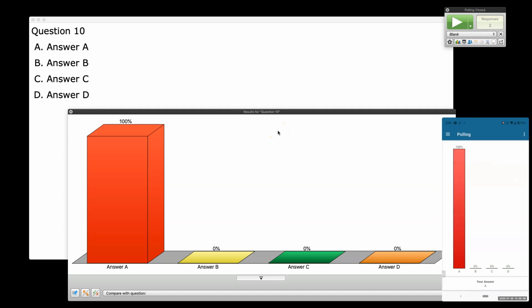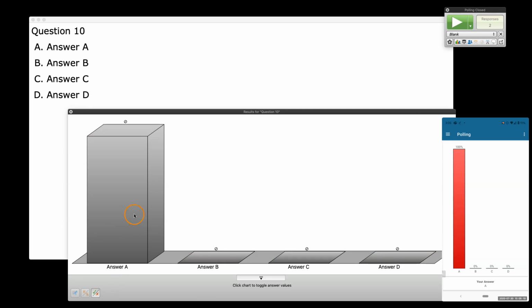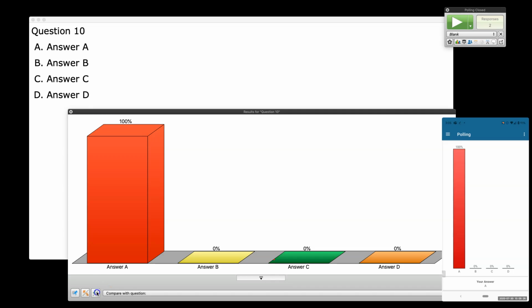And when you click stop, you're going to see all the responses. Now, one of the neat things with these free-form questions is down here you have this green check and red X. If you click this, it makes everything gray, but you can select the correct answer. So you're grading on the fly, so you don't have to do this later on. We'll uncheck that, and we're good to go.